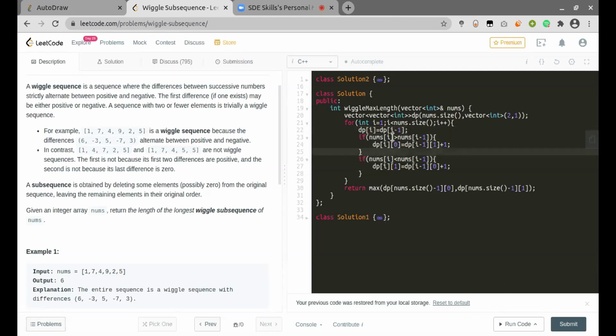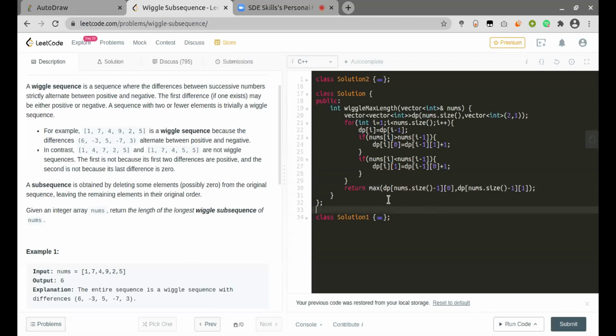If it is an increasing sequence, I take my decreasing sequence value, and if it is a decreasing sequence, I take my increasing sequence value and add 1. Since we are copying the values, the final value, which is the maximum out of all the values, will be at my last index, which is nums of size minus 1. And I can take the maximum of either the sequence ending with decreasing ones or increasing ones.